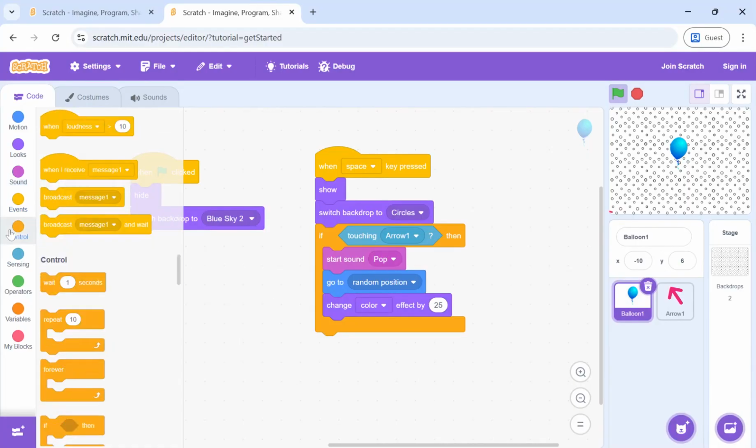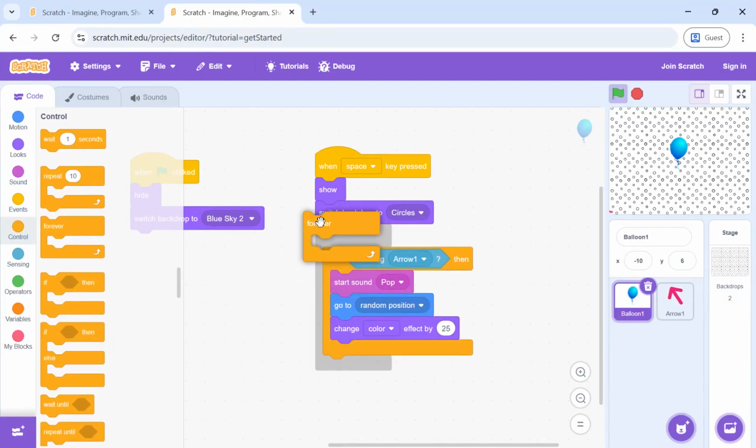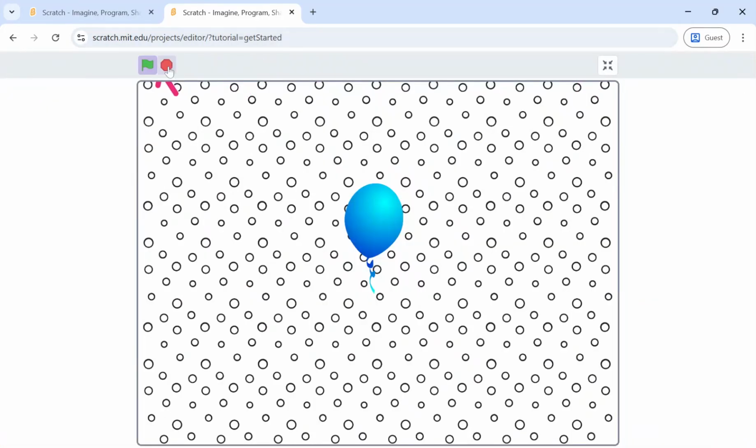But in this game, the arrow can touch the balloon 1 at any point in time. So we will have to add a forever here. Whenever you use if, always make sure that you use forever with it. So if balloon is being touched by arrow, start the pop sound, take it to a random position and change the color. Let's see how is it working now. I'll reset, I'll press space.